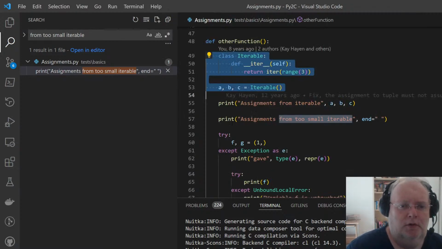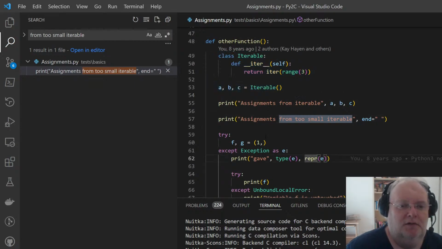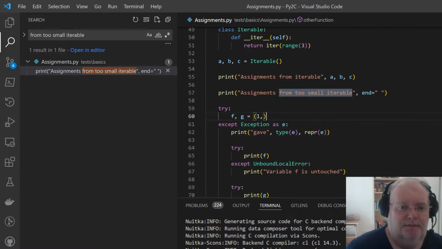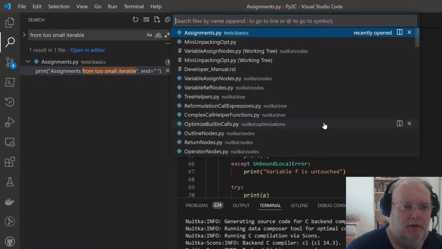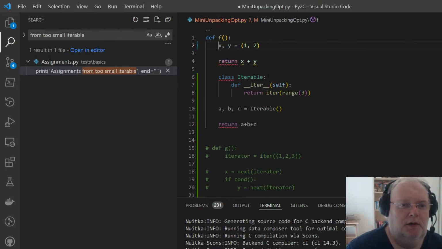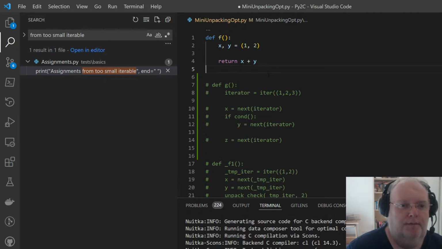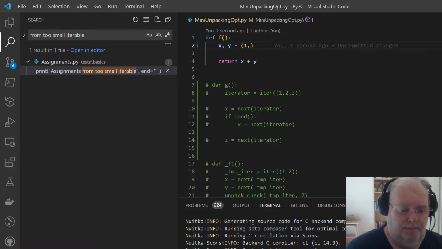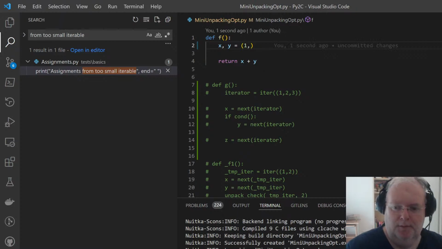What's with it too small? Yeah, this one. Yeah, of course. Yes. Yeah, okay. That's not what, yeah, okay, this one it didn't do. So it's more like, I think it may even statically decide that it's wrong.